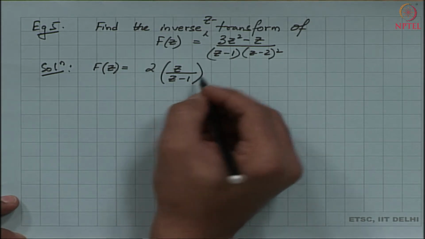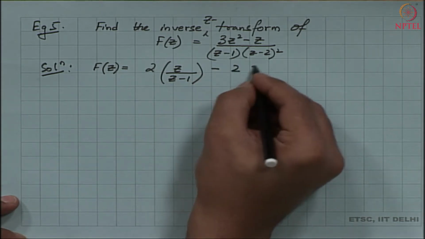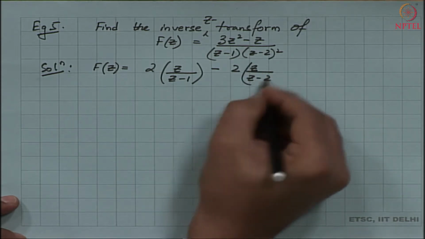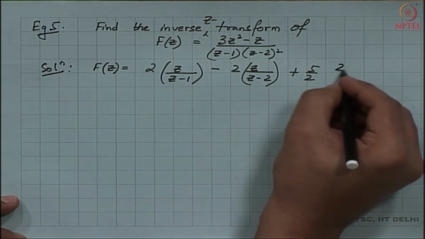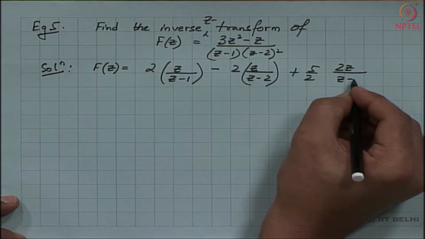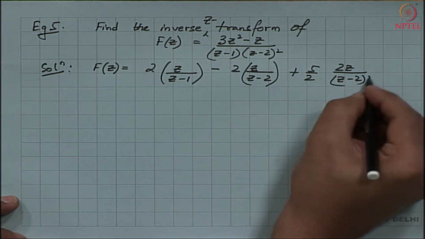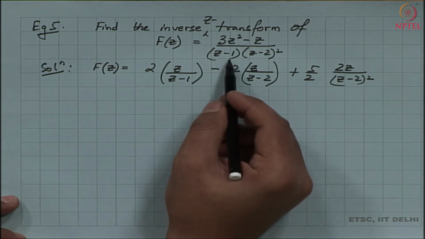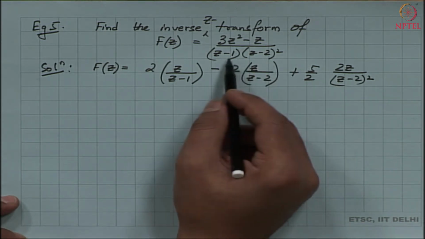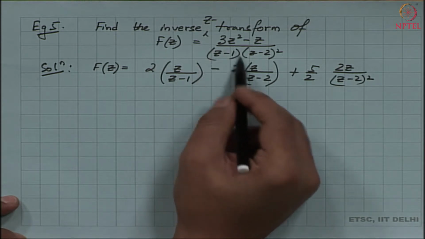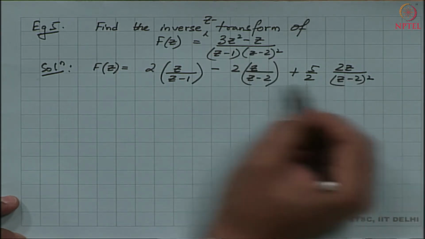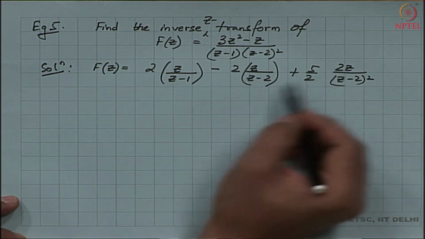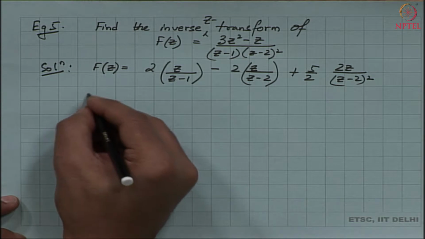So, 2 times z by z minus 1, minus 2 times z by z minus 2, plus 5 by 2 times z divided by z minus 2 square. Okay. So, the idea is we can break it down into 3 partial fractions, one in which the denominator is this linear factor, the second in which the denominator has another linear factor, and the third in which the denominator has this quadratic factor. So, that is the standard way of dividing in partial fractions. Okay. So, then if I were to take the inverse,